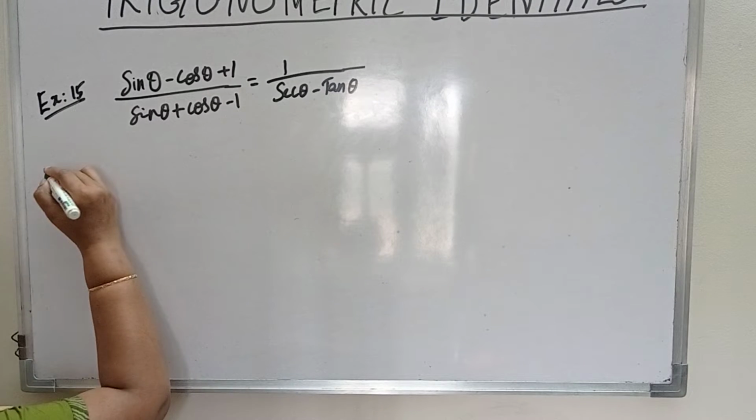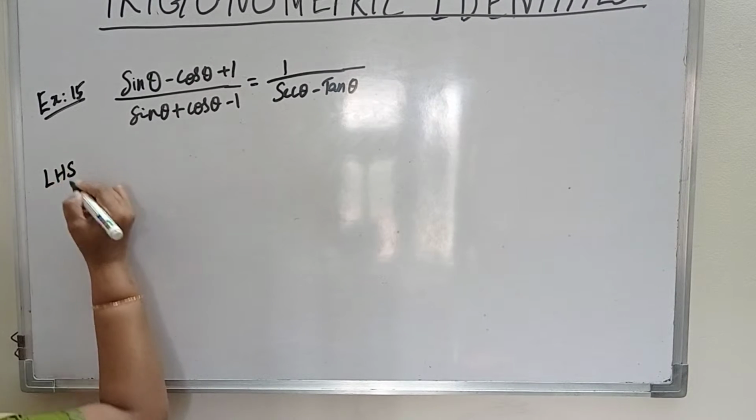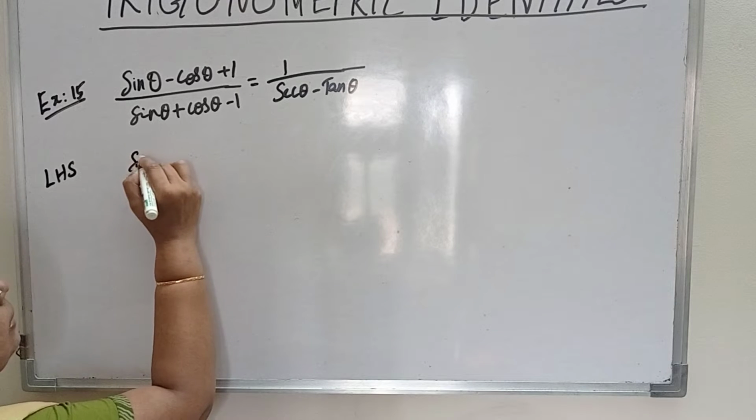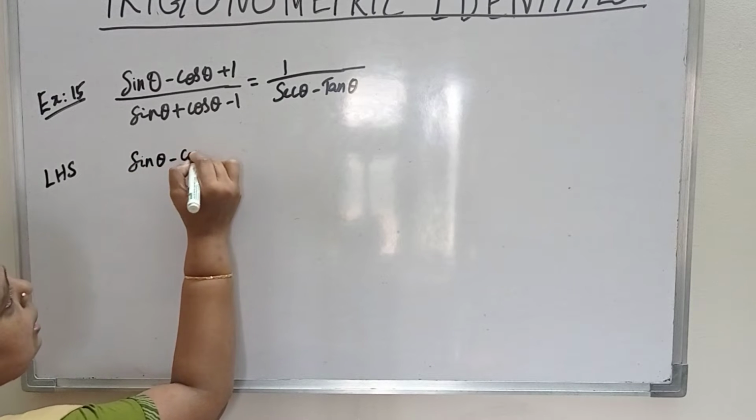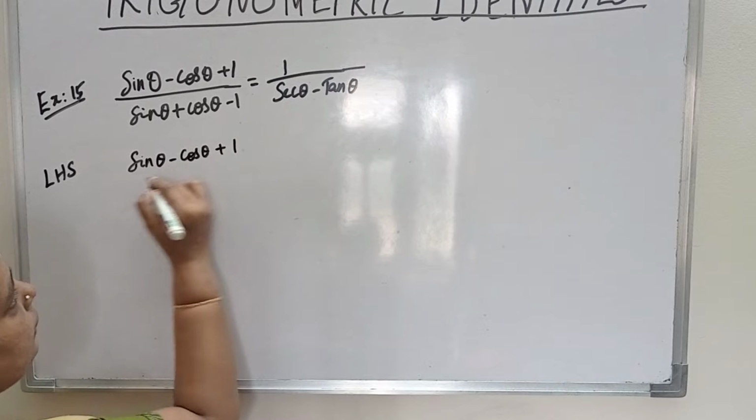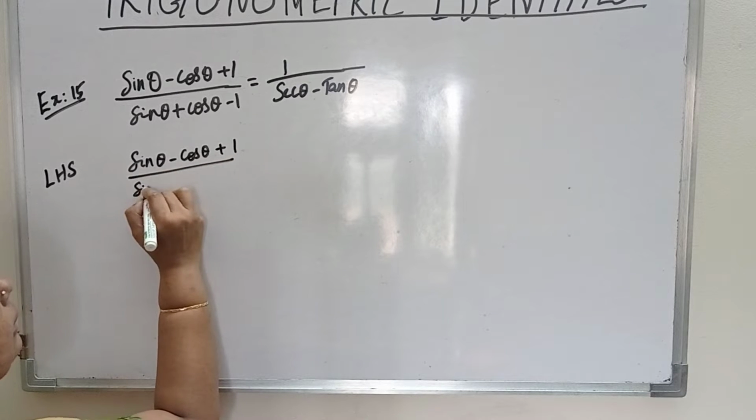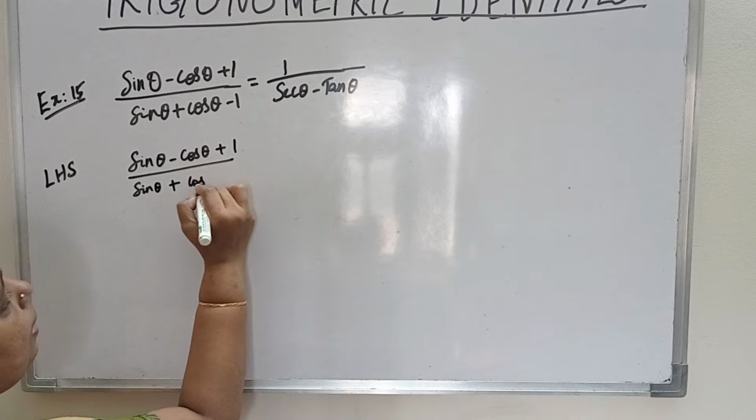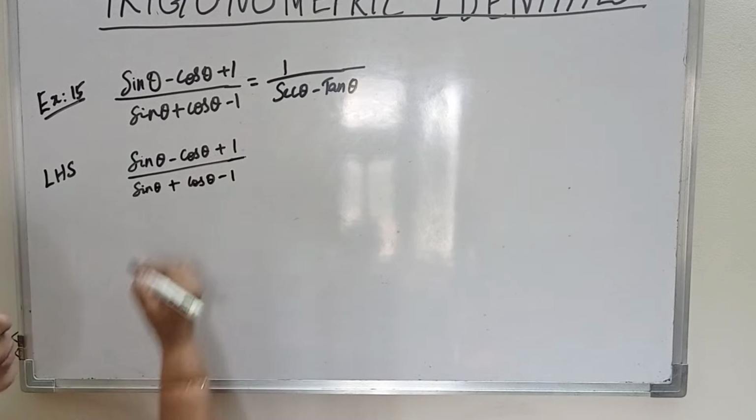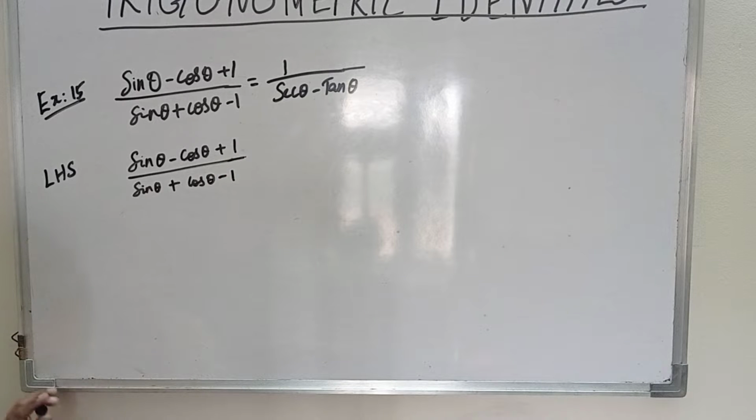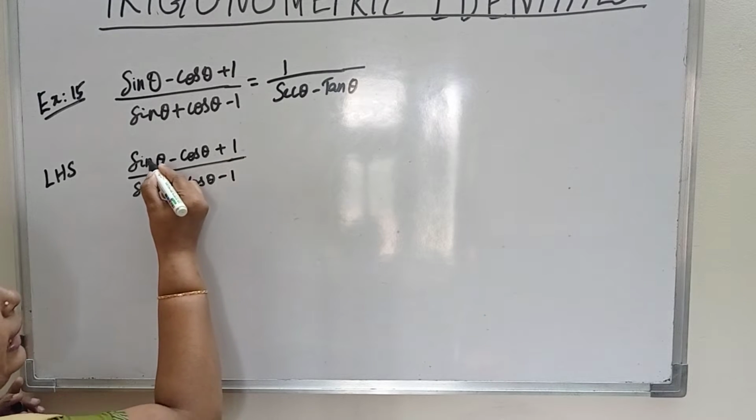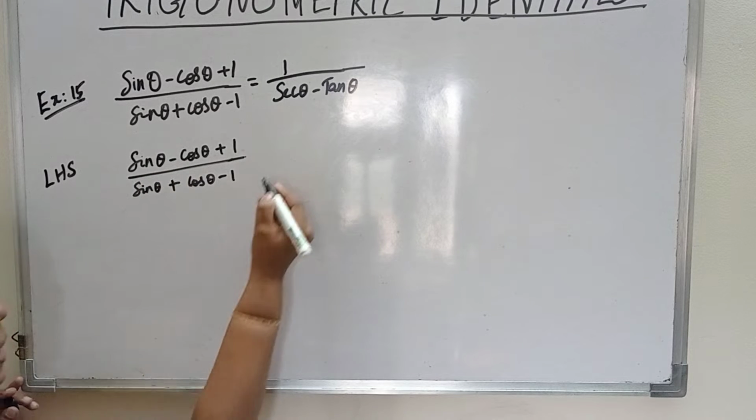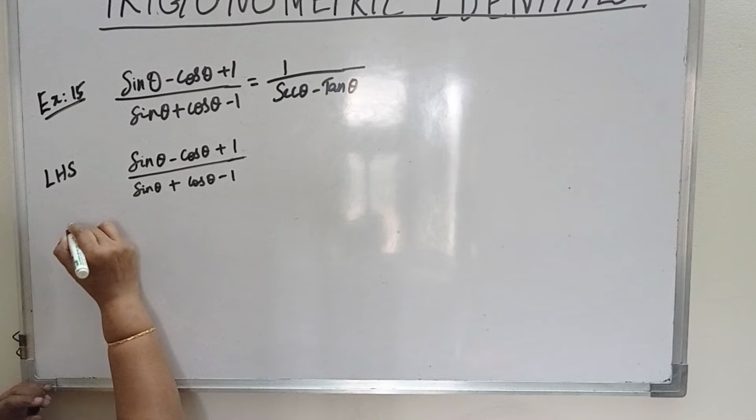So first let's take the left hand side. What is the left hand side? Sin theta minus cos theta plus 1 by sin theta plus cos theta minus 1. This is the left hand side. So first of all, we are going to divide each element by cos theta. So dividing by cos theta,